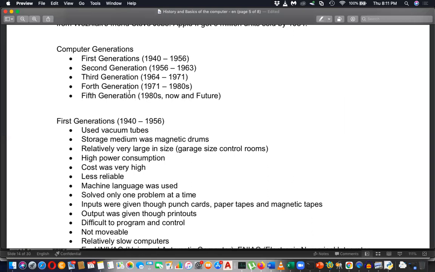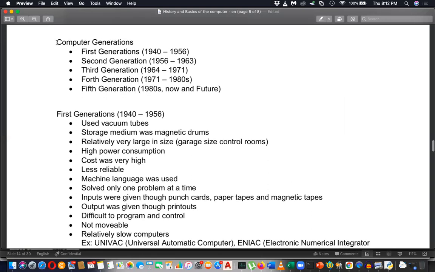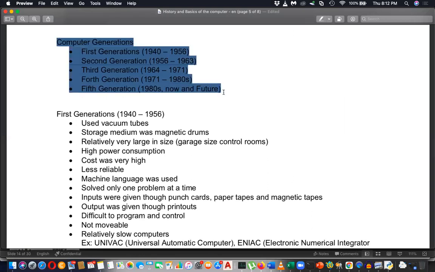So can you please write down the computer generations, this part? I'm not going to give more than this, because this is the